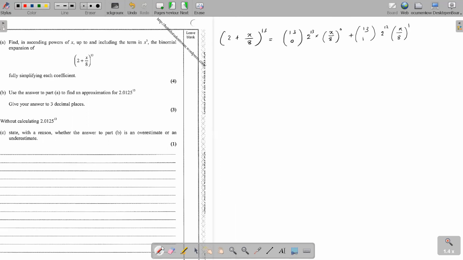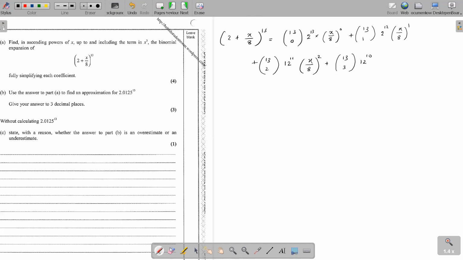Okay, so you keep on doing this until you get the power of 4, plus 13C2, 2 to the power 11, (x over 8) to the power 2,